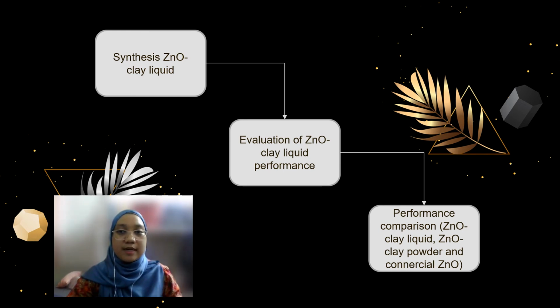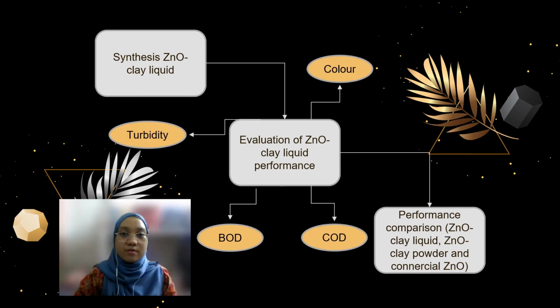The process starts by mixing oxalic acid solution and zinc acetate solution together. Stir for 5 minutes at room temperature. The kaolin powder is added and stirred for 12 hours at room temperature, and then zinc oxide clay liquid is formed. The next method is evaluation of zinc oxide clay liquid performance in terms of color, BOD, COD, and